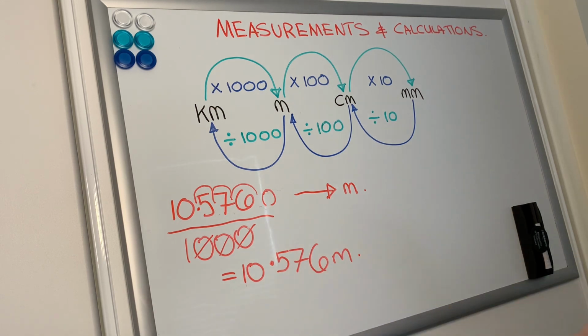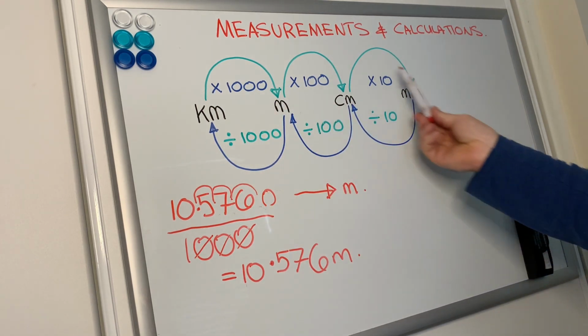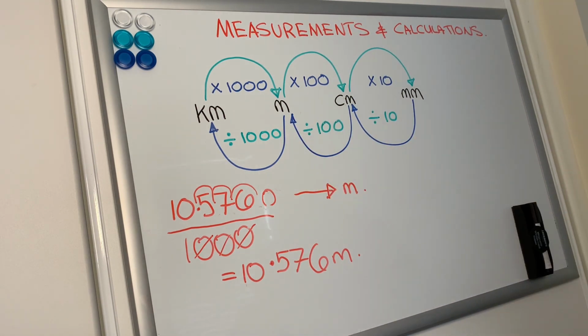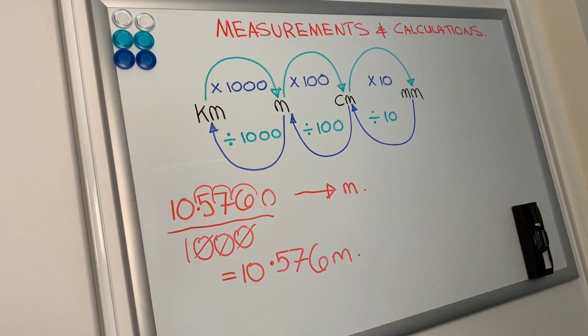And again, you might find yourself in an exam situation where you don't have a calculator. That's okay. If you've got something like this, perhaps in your summary notes, you can always refer to this, and that will certainly help you just simply by crossing the zeros and moving the decimal point. Another way to also think about it is that